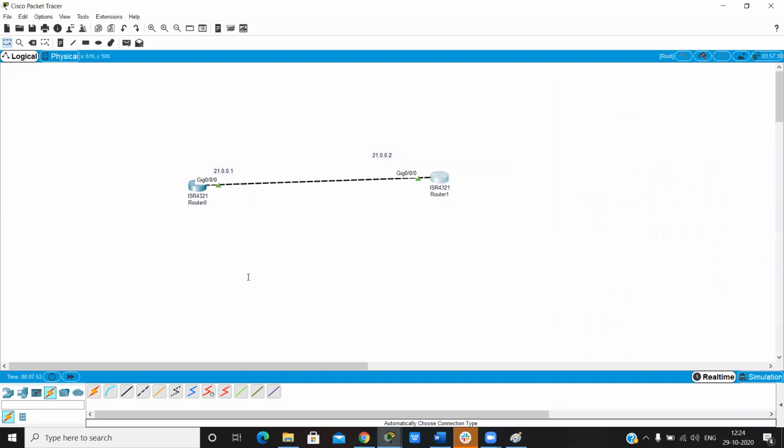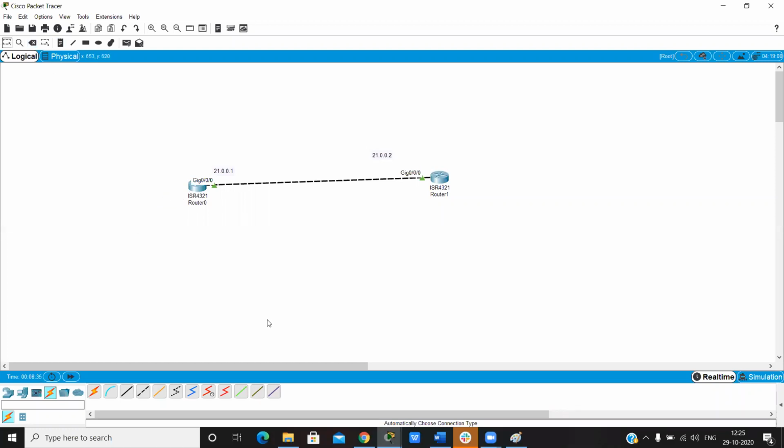But if we have one more router or switch or PC connected on another interface of router 0, then here we have a different network. We don't take the same network. So I can give here 10. Two different interfaces of a router are connected to different networks. Always remember. Okay, Guru. Okay.